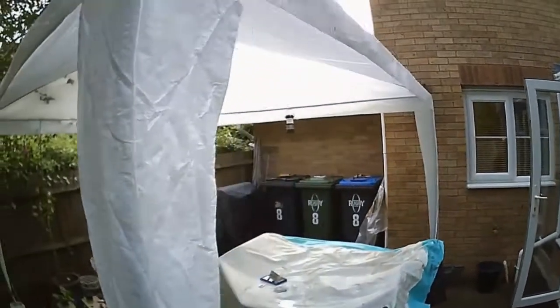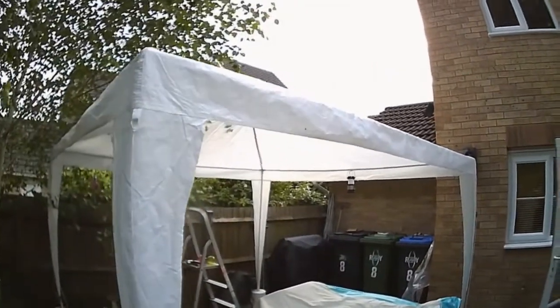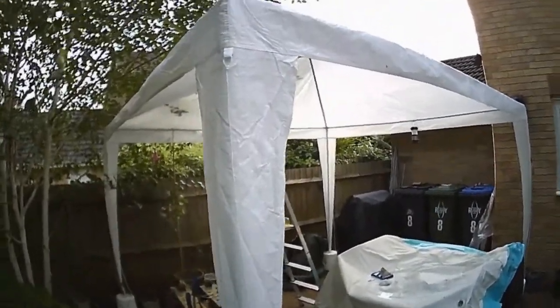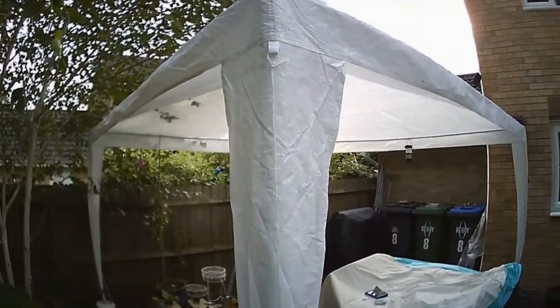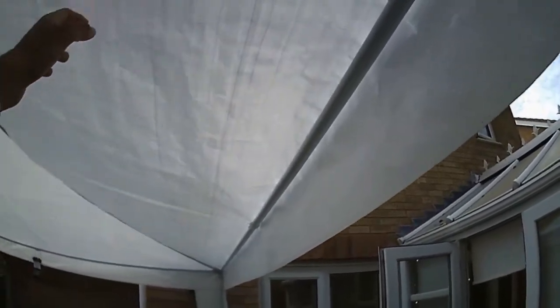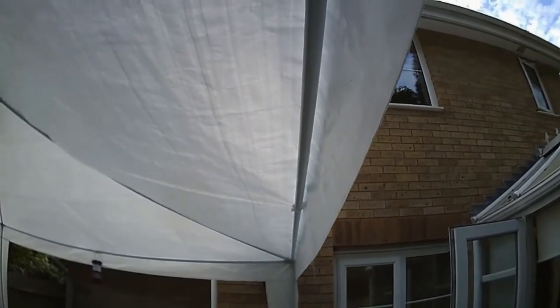Right, so we've got this gazebo, and the problem was that with the wind and especially the rain, it just bowed in and we had a bit of damage, and the rain was not even heavy. So, as you see, there is a bit of a slack over here, so water just gets collected. So we made a decision to